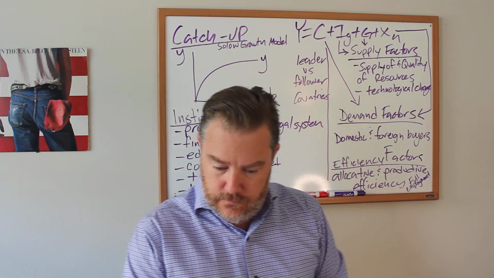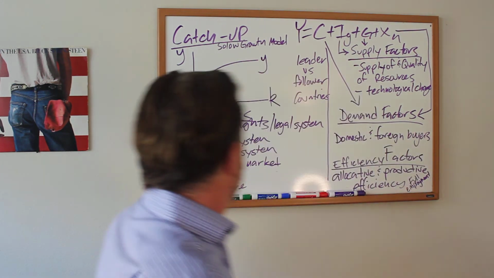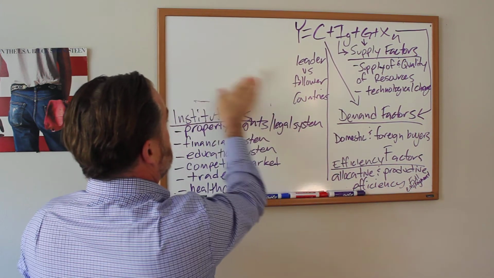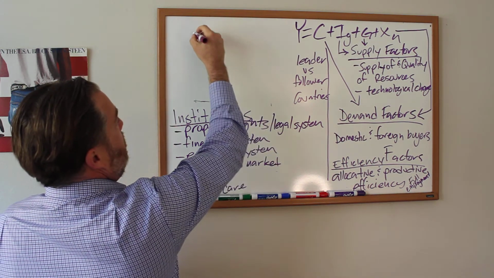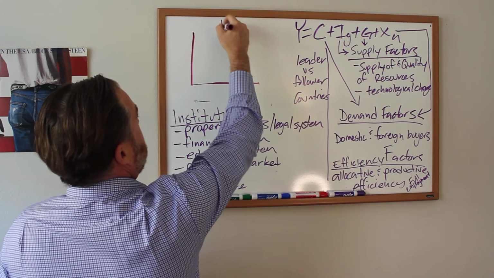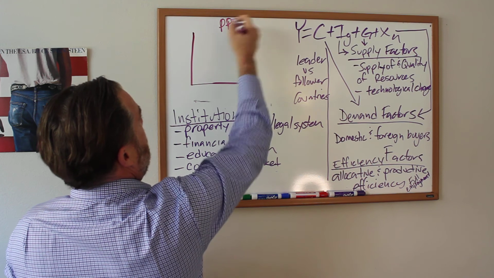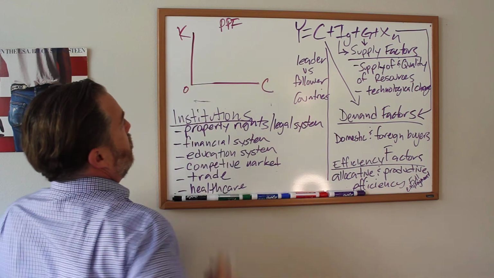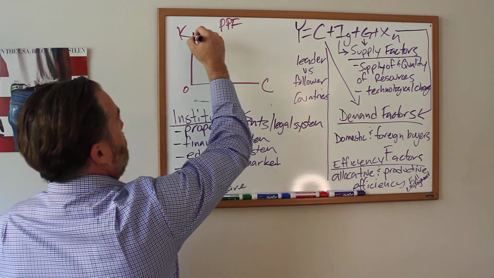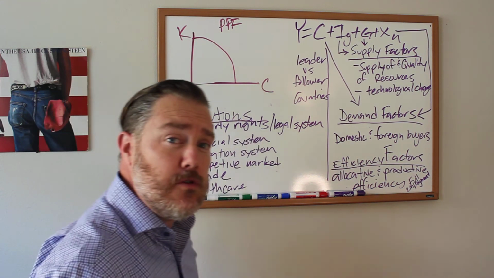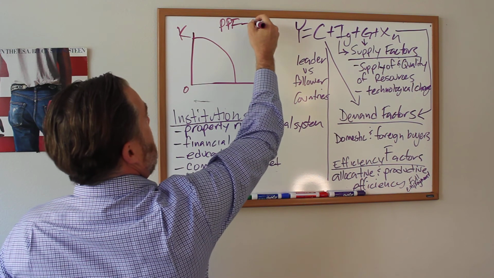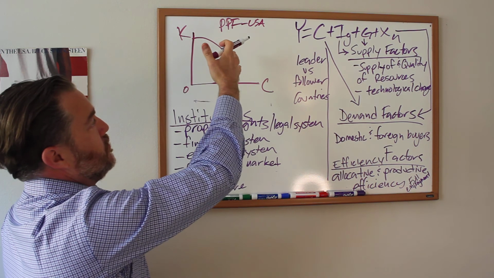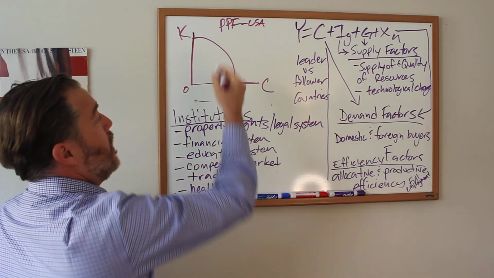What does that look like? What does that growth look like? Okay? Let's take the production possibilities frontier, the PPF or PPC in your book. We've got capital goods, we've got consumer goods, right? And we've got different mixes. If we use all our resources, let's say this is the USA. If the US uses all of its land, labor, capital, entrepreneurship, it'll end up somewhere